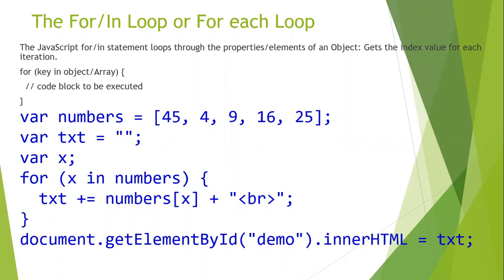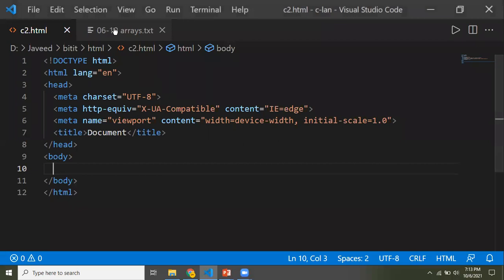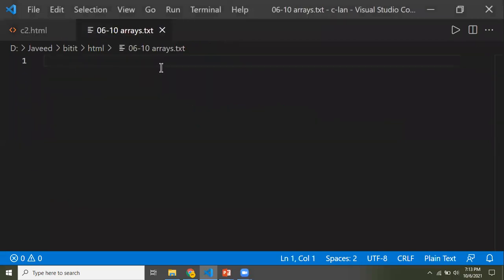Now let's move on with what you call arrays. Now, what do you mean by array? Why do we use arrays? Let's see that. Let's talk about arrays. So we have something called an array. What do you mean by array?